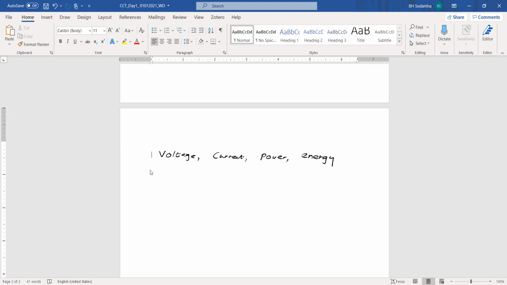Okay. Then if you take voltage, what type of voltages can we use to power up the circuits? Have you heard about this one, the DC voltage and AC voltage? Then I think if I take a 12 volts battery,